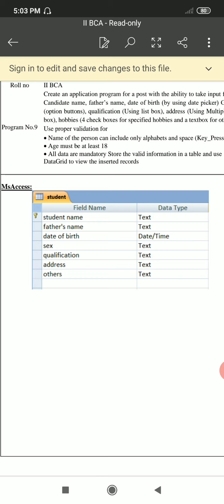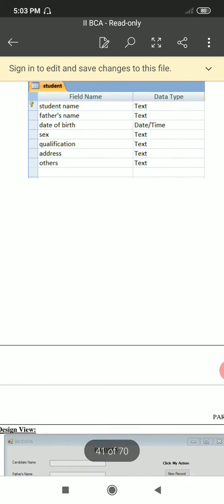And one more, be careful while selecting data types. By default the first row will be auto number. Okay, I have seen that mistake in your telephone program. In that telephone number you just gave the auto number, so it will cause some problem. Auto number means it will automatically increment and it will not accept any input from the user. Okay, so instead of that you can delete that row, or you should be careful while selecting data types here in the Access table.